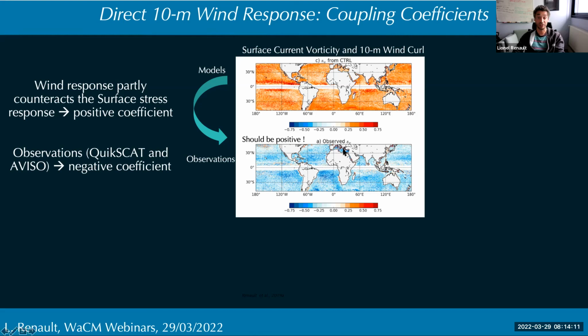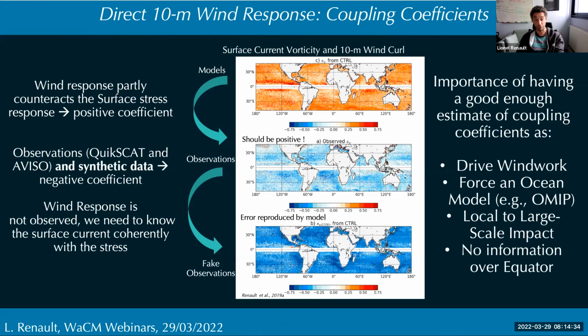So we can estimate these coefficients using EBISO and QuikSCAT. But here we can see that we have a big issue because we don't have only an underestimation, but actually it's the opposite sign. SW, when we estimate it using QuikSCAT and EBISO, is negative instead of positive. It doesn't make sense because when we have more friction, we should have less wind. But we can reproduce it using our model. We can do some kind of synthetic data of the EBISO and QuikSCAT, and we can see that when we use the same approximation we have in QuikSCAT to estimate the winds, we can have a negative coefficient with a large difference, again in terms of strength, but this is because of the smoothness.